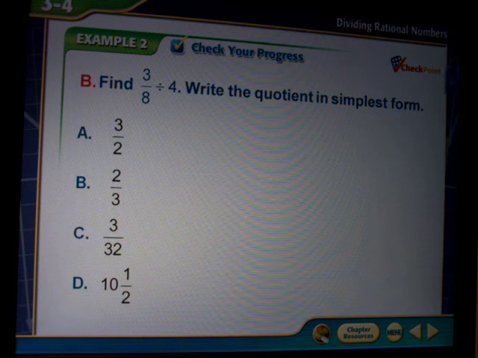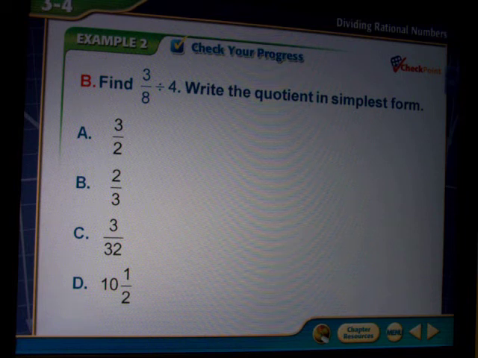Now we're going to take 3/8 and divide it into 4 equal groups, and write the quotient in simplest form. Is the answer A, 3/2, B, 2/3, C, 3/32, or D, 10 1/2? And your answer is